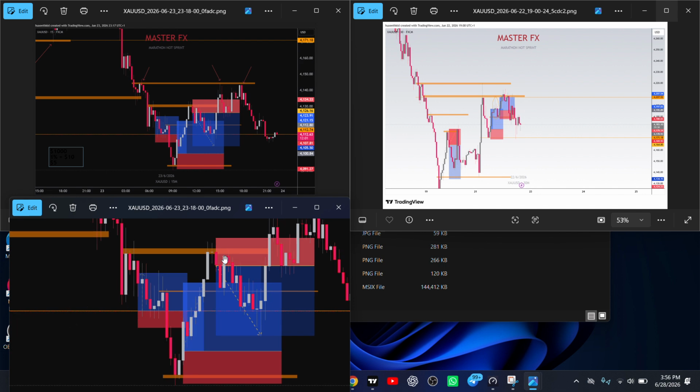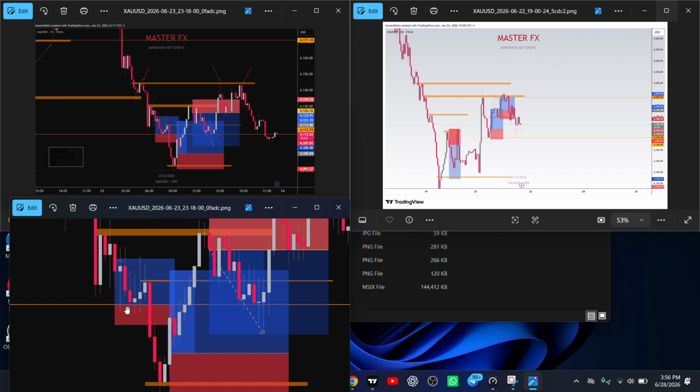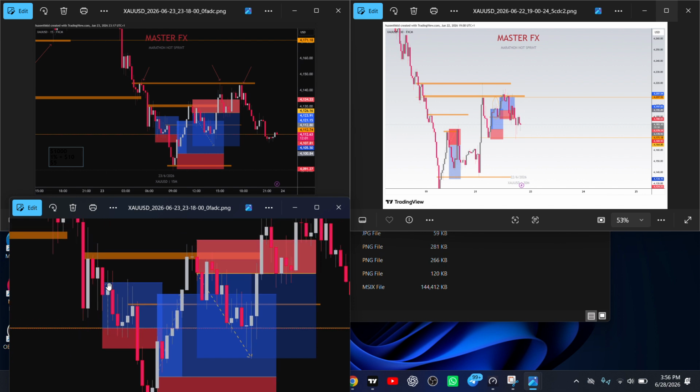If you go, I think this should be around 4112. Yeah, it should be around 4112. I don't remember, but it should be around there. We had a support that was not retested, so I took an easy 1 to 2 from here, and then we hit TP in, I think, 15 minutes. Market touched and entered our entry, then pushed to the upside, hitting our TP in less than 15 minutes